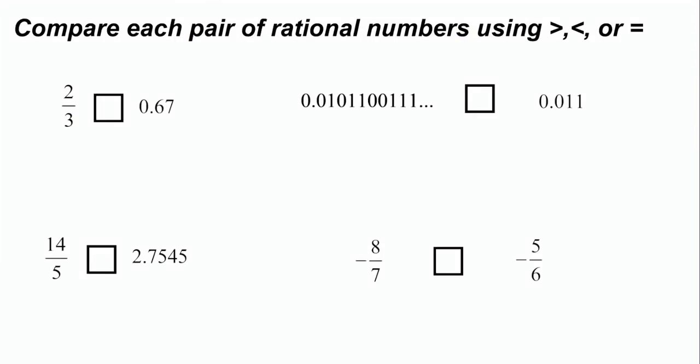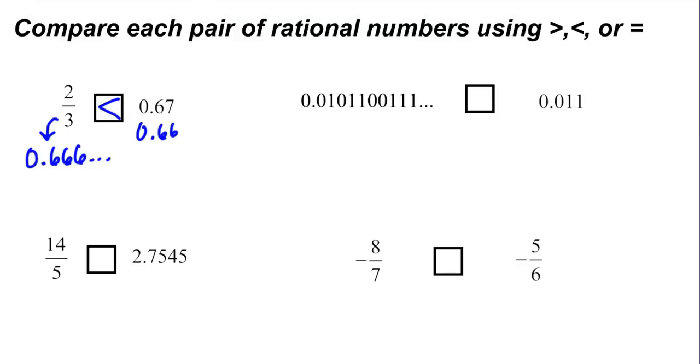And then finally, how do I compare these types of numbers? So I've got rational numbers, I've got irrational numbers. Can I compare them to one another? Here, 2/3 and 0.67. How do we tell which one is bigger, or are they equal? Well, again, in our last video, we learned how to compare these types of numbers. I'm going to convert them to their decimal value. So if I take 2 divided by 3, that converts that to 0.666. That's 0.6 repeating. And if I compare that to 0.67, I see that 0.67 is larger,